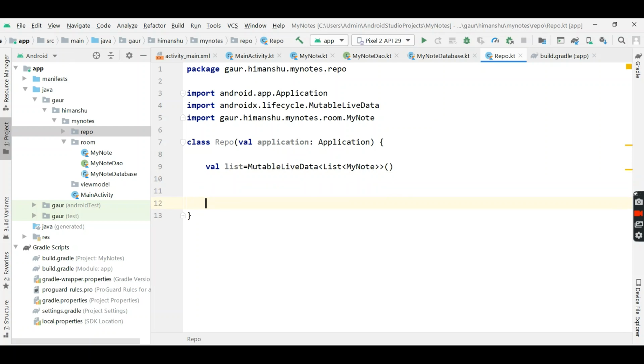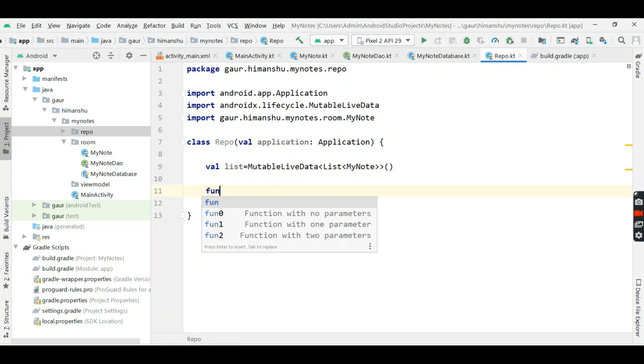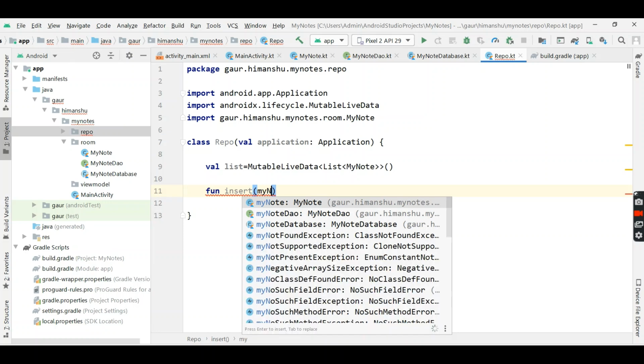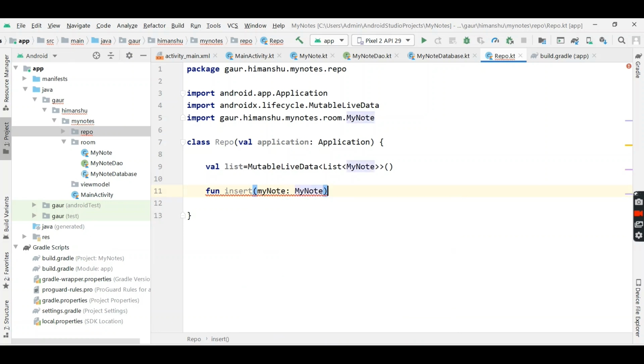Now create some functions for insert, delete or update our note. So create fun insert and take node and simply insert it. So this is our process which will run on a background thread.